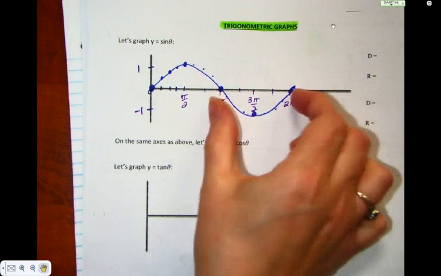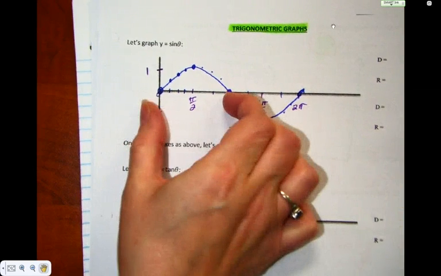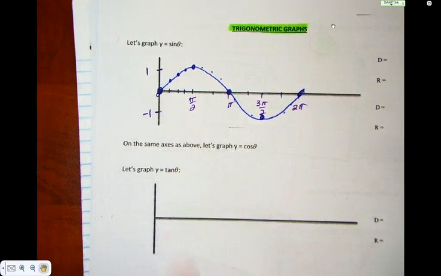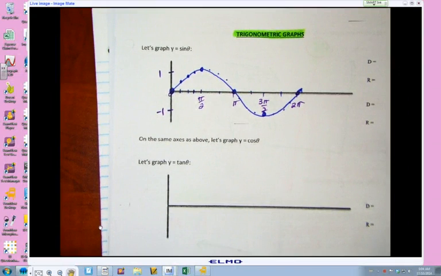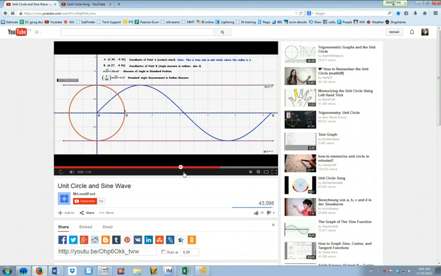If I were to take this half of the graph, so quadrant 3 and 4, and I were to just move it here underneath quadrant 1 and 2, what shape would it make? Kind of a circle-y shape. So sometimes this is hard for people to see because what we're doing really is graphing the unit circle, but we need to do it in relation to time. And when you graph the unit circle in relation to time, we can't go backwards because you can't have negative time. So take a look at this video that's going to graph the unit circle